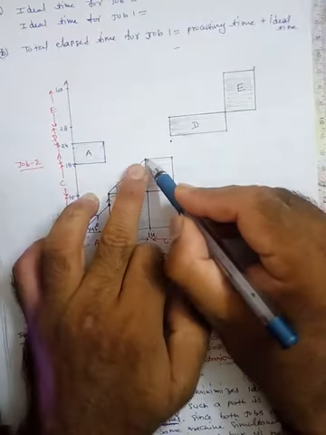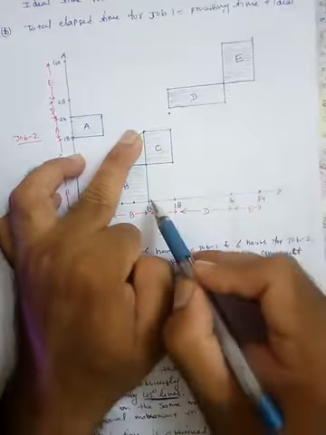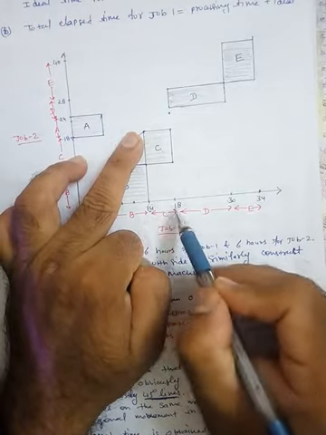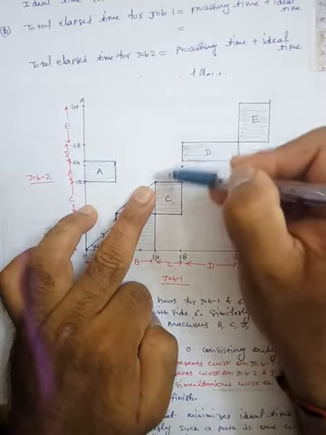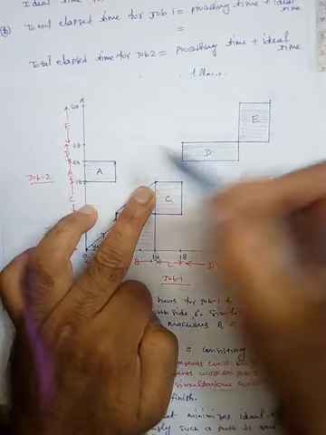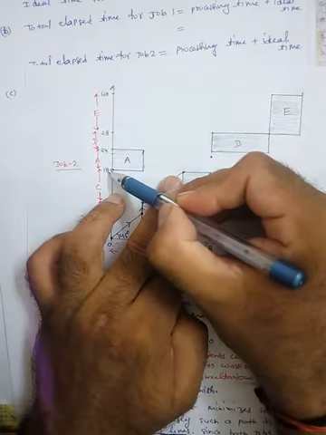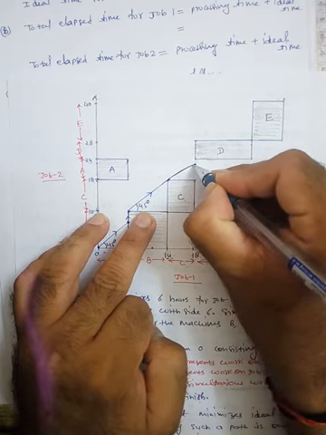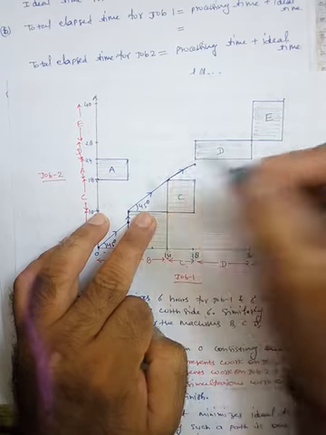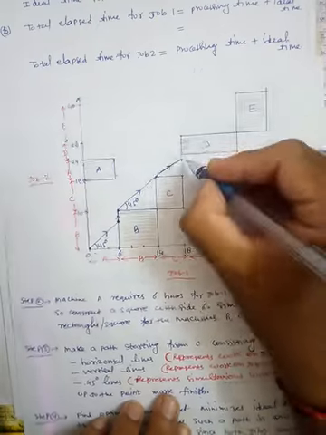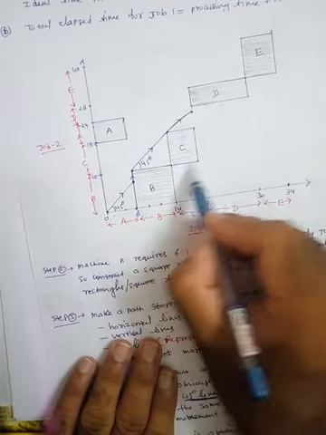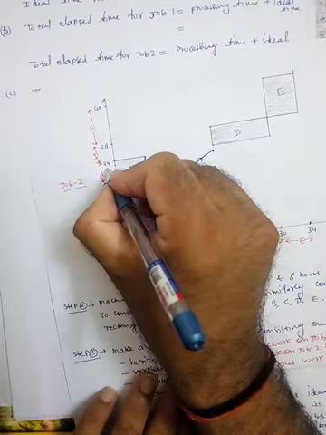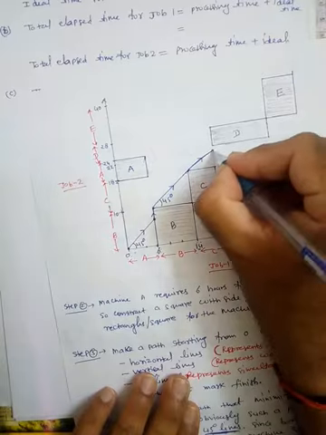Fine. Now from here, this distance is 4. 14 and 18 difference is 4. However, this difference is 24 minus 18, 6. So if we follow the path, then we will move to this point only. Fine. So here this is 4. This is total 18. 18 plus 4 is 22. So this point is 22.